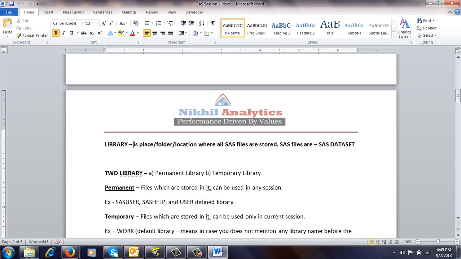By default SAS gives you libraries with the names SASUSER and SASHELP. In any version of SAS you use, these 2 libraries will always be there. You can create your own libraries as well, which come under user-defined libraries.